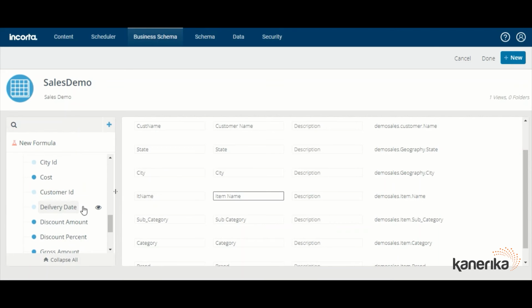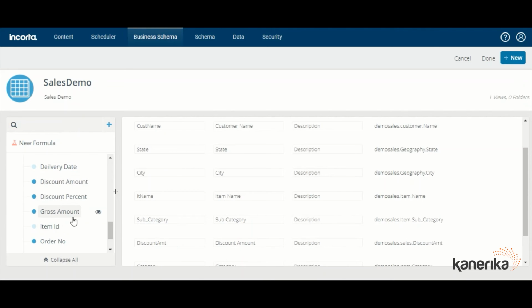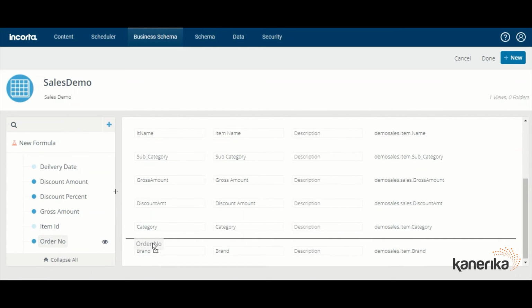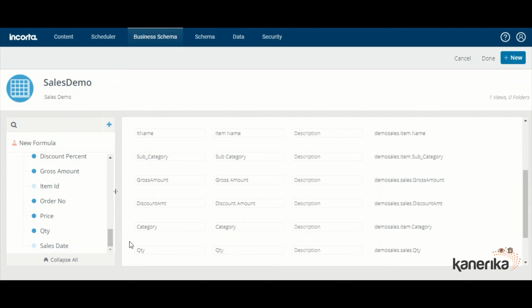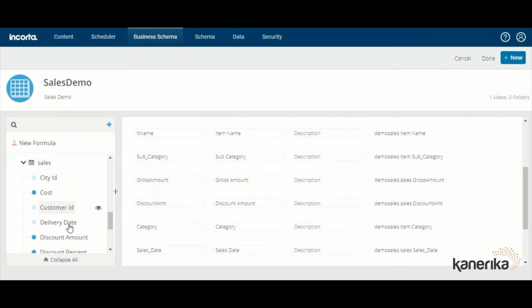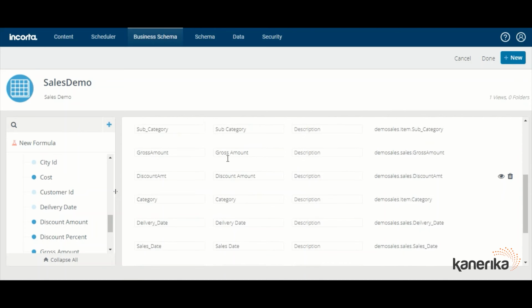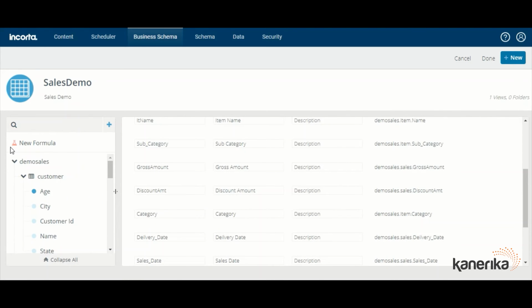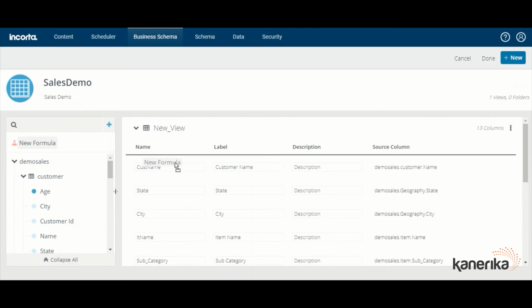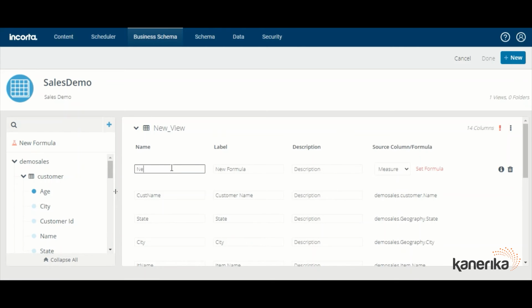Now let me take discount amount, gross amount. Let me see if I want to take order number. Let's take quantity, sales date, and delivery date. Okay, so discount amount and gross amount we have taken, and let's see if we are able to create a new formula out here. Let me scroll a bit up and drag it here. Let me see if I can create net sales. Okay, here we don't need a space. Net sales, description should be the same,